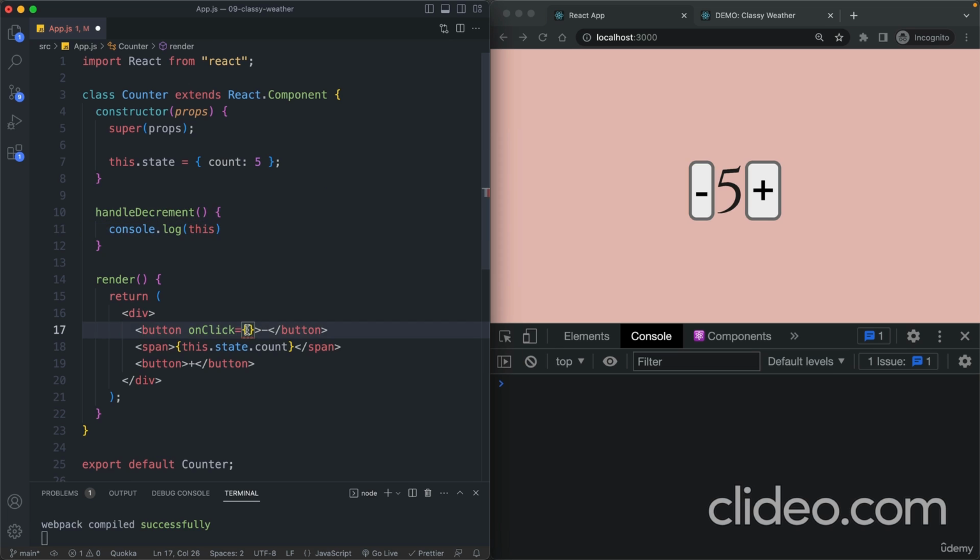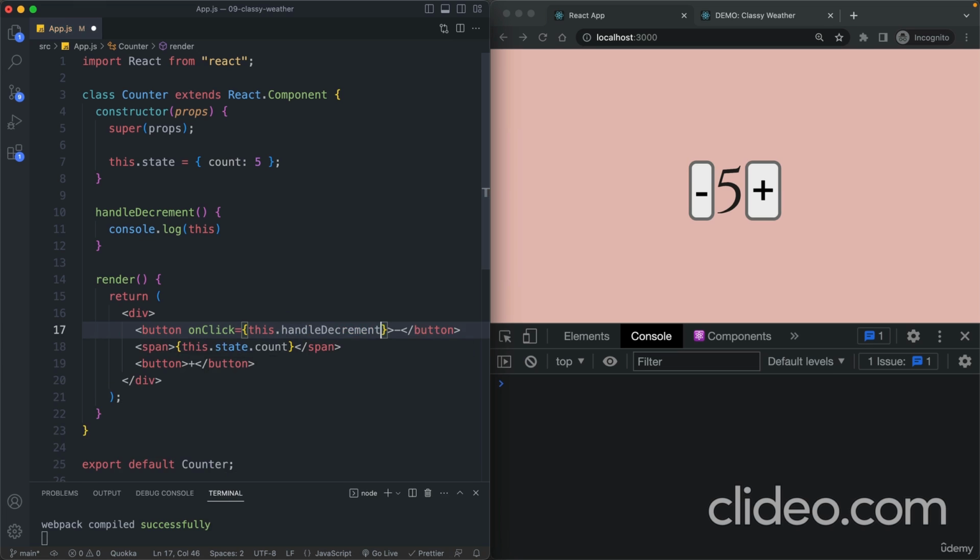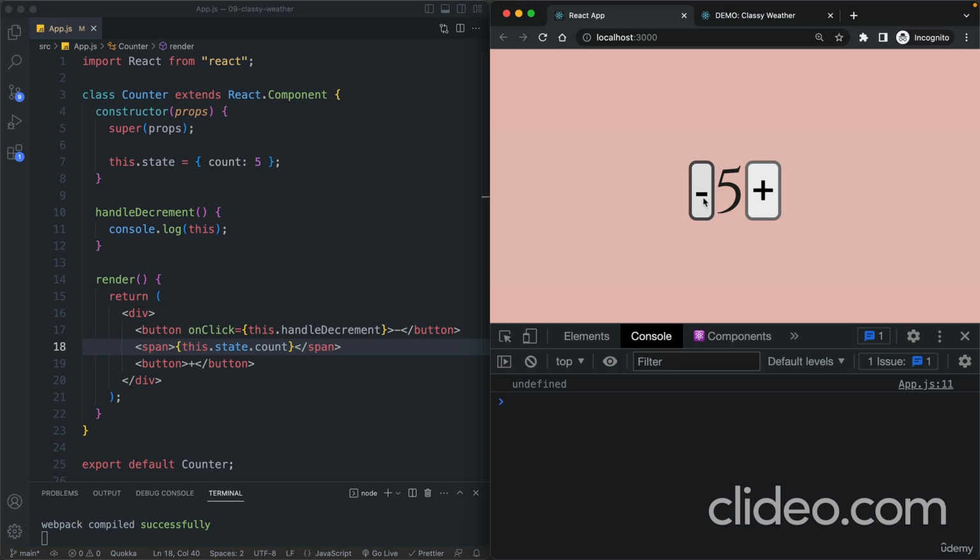Okay, but now let's then connect this onClick prop with this handler function. And the way we do that is again using the this keyword and then handleDecrement. And so again, the this keyword basically points to the current component instance, which will inherit this method here from the class definition. All right, let's give it a save. And then let's click this button. And so you see that we get undefined, or in other words, that the this keyword inside this handler here